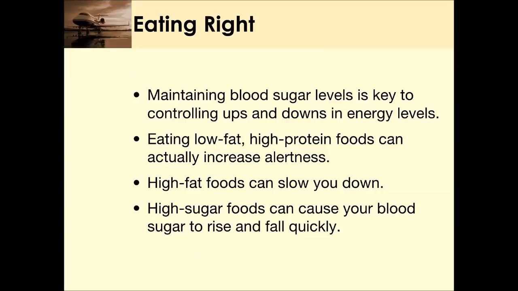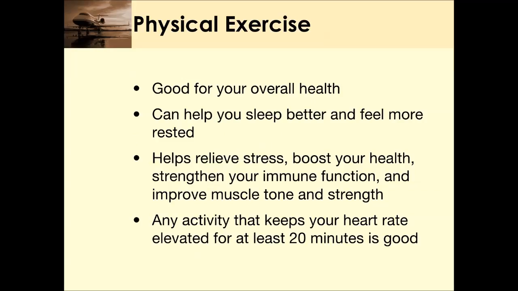Foods like potatoes, pizza, and white bread have a high glycemic or sugar index and can also make you feel sluggish. So for example, eating a tuna sandwich on brown bread will keep you going longer without getting tired. Tuna packed in water is high protein, low fat, and brown bread has a lower glycemic index than white bread.